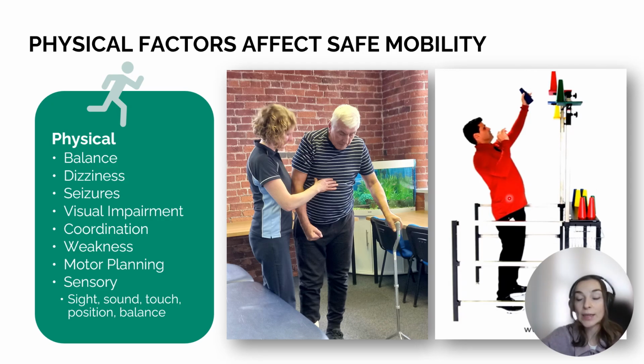This person on the right is reaching up for a high shelf, and it looks like they could stumble or fall backwards. We also do see this with clients who have balance impairment, and so in this case, we might think about how can we reorganize the environment and the task that they're doing in order to reduce the risk of falls. So we'll take a look at more of what we do later, but just keep in mind that